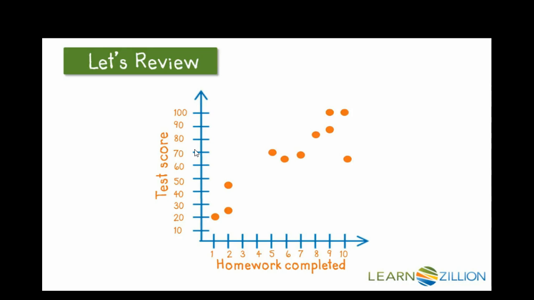In this scatter plot, the x-axis represents the number of homework assignments completed out of 10 possible assignments, while the y-axis represents the test score earned by the same student. Once we draw the graph, we can look at the graph and draw conclusions about the relationship between the two pieces of data collected. In this case, we would use this to identify the relationship between completed homework and test